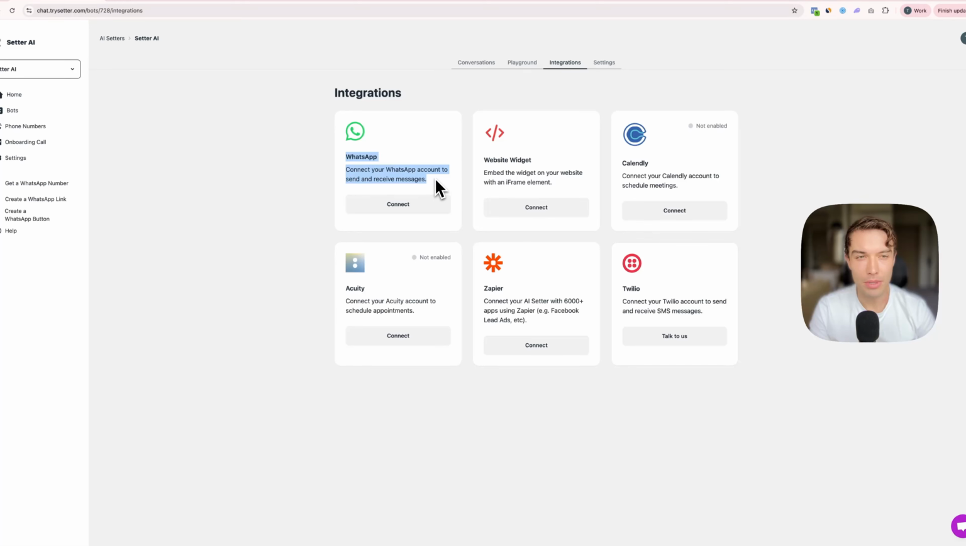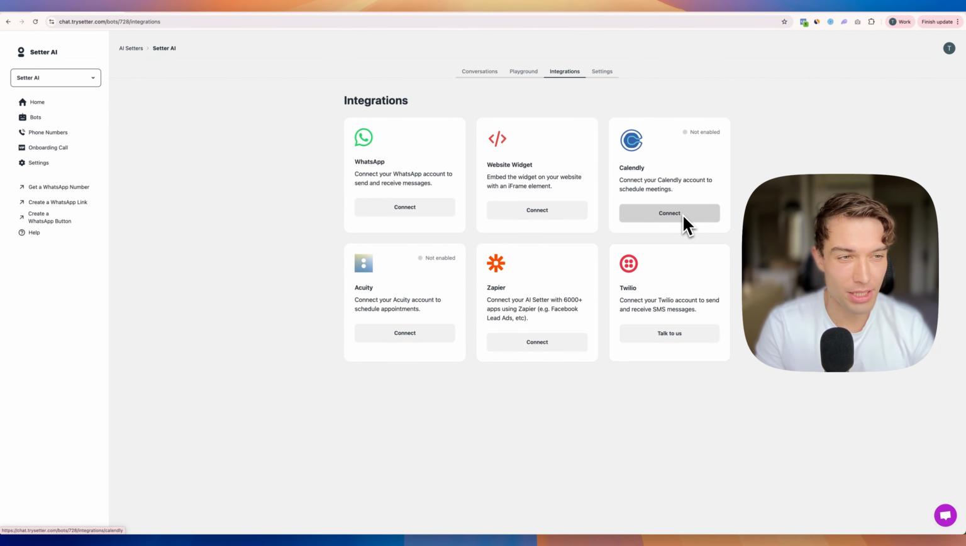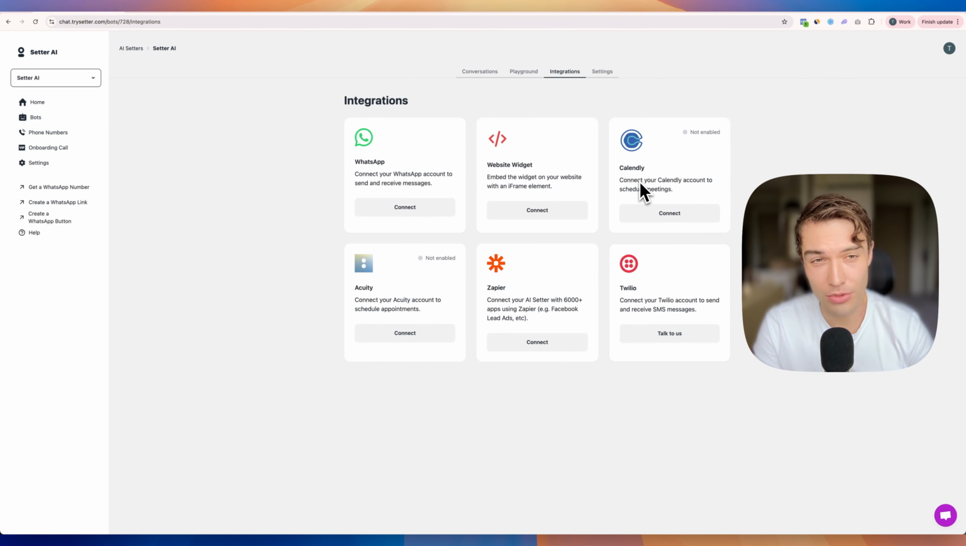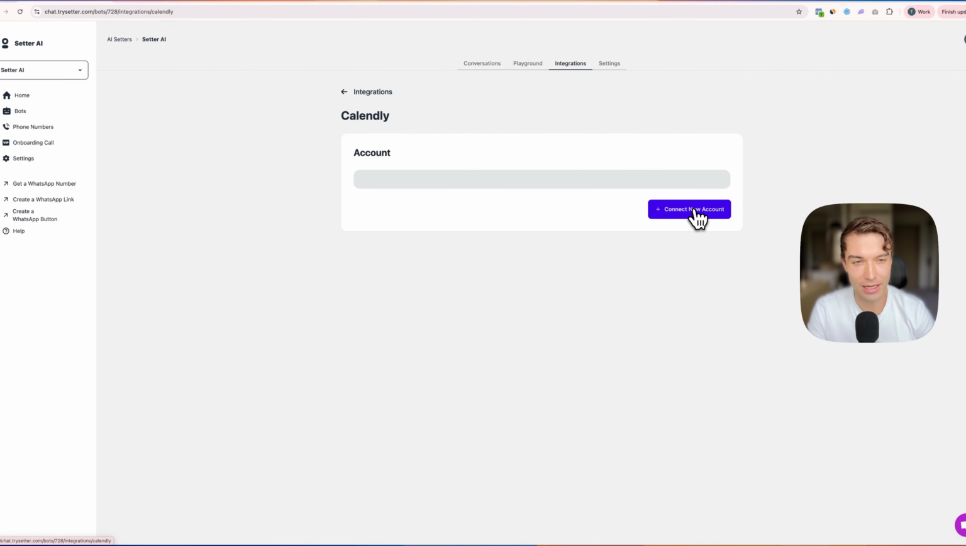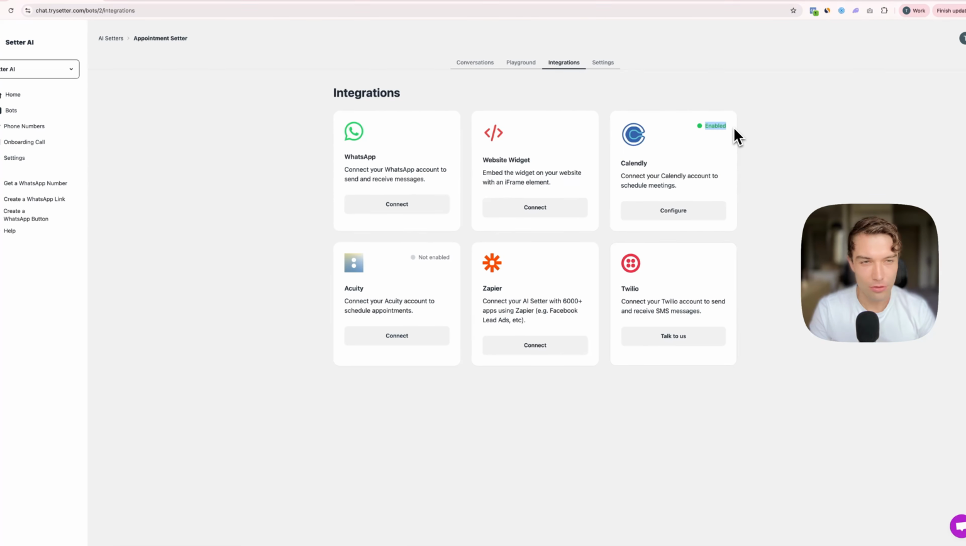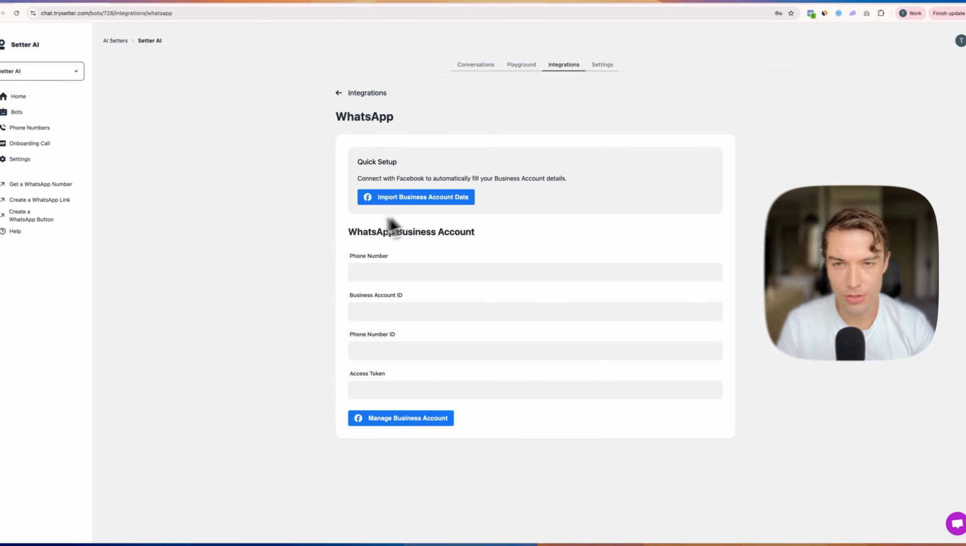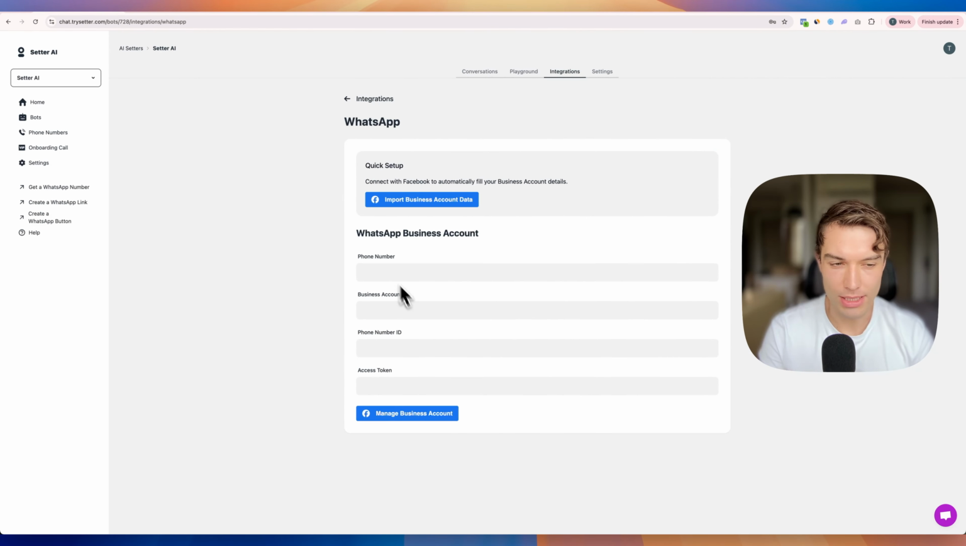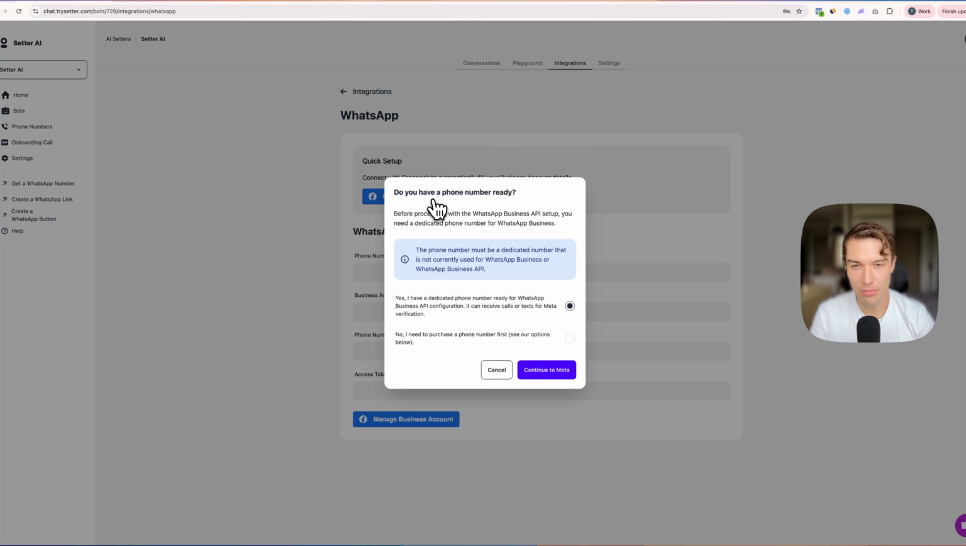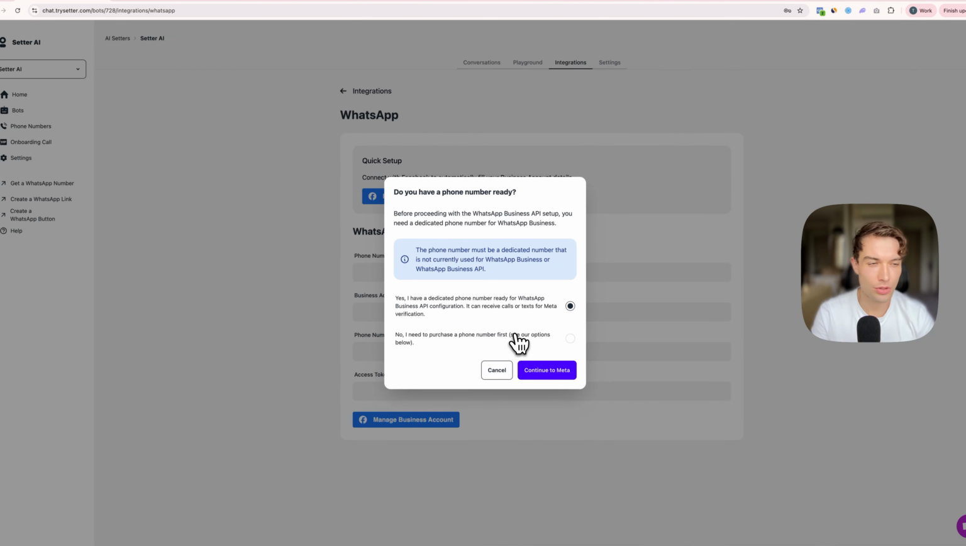our WhatsApp account. Now, before we do that, we want to connect our Calendly account to be able to actually book us appointments into our calendar. So your WhatsApp chatbot will know your Calendly account. So click on Connect Calendly, and I've already connected my Calendly account here. Great, now let's head over to WhatsApp and click on Connect WhatsApp. So you will see this mask when you click on the WhatsApp integration. Now go ahead and click on Import Business Account Data, and it will ask you, do you already have a